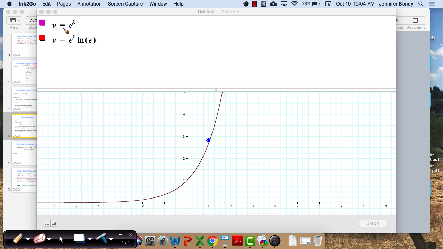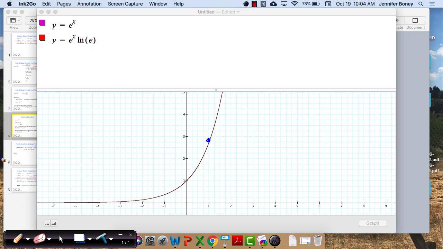But again, the rate of change function and the actual function graphed on the same axes is usually a little bit strange because the y values mean different things. If I had units, this wouldn't be appropriate to graph them on the same axes, because if my y equals e to the x were representing height, then my y value would be something like meters or feet, and the y values of the rate of change would be maybe feet per second or meters per second. So typically we don't graph these on the same axes. The only reason I did this time is because